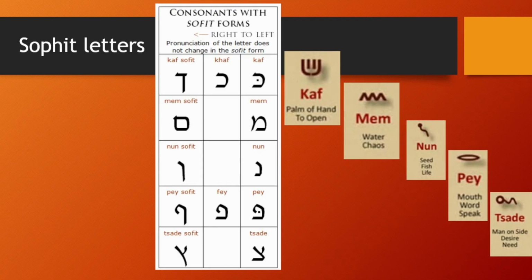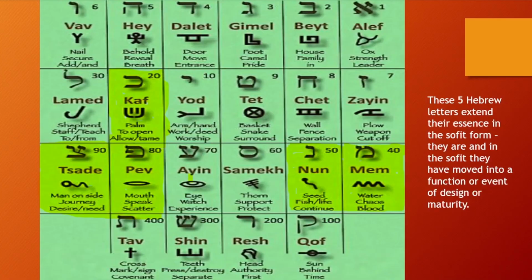All right, so that is just the introduction, what it looks like in Paleo Hebrew, and also what it looks like in its Sufit form. Then I'm going to give you the next slide just to show you where the Sufit letters are in the Hebrew alphabet. You can see that Kaf lies on a numerical value of 20. So it's the first letter after the first 10. And in Hebrew, you don't have 11. So how do you get 11?